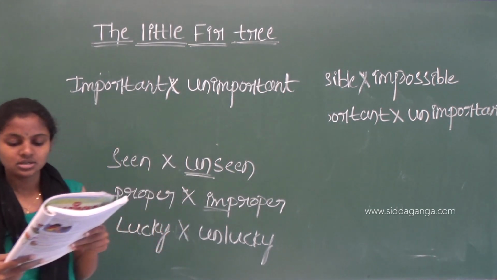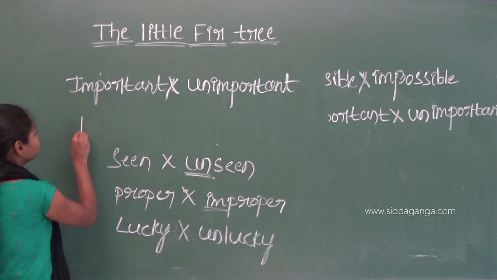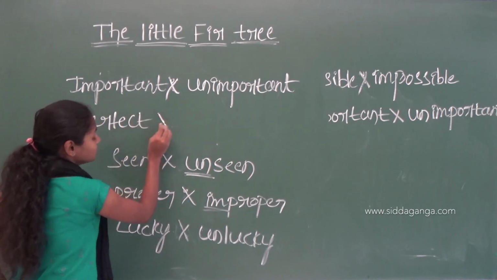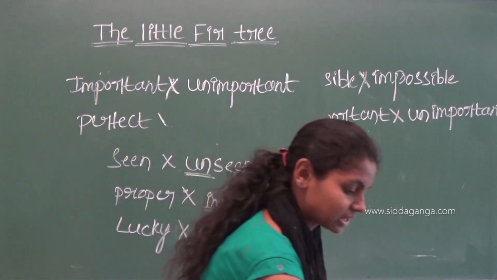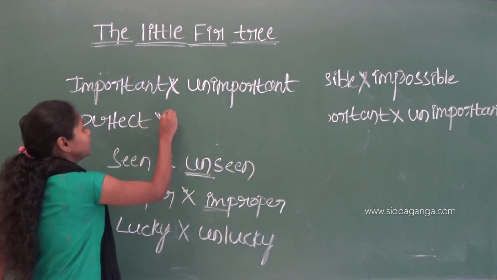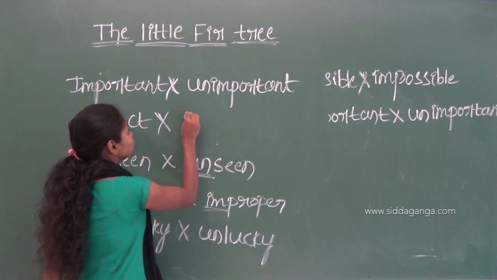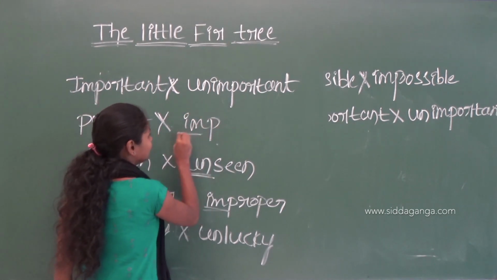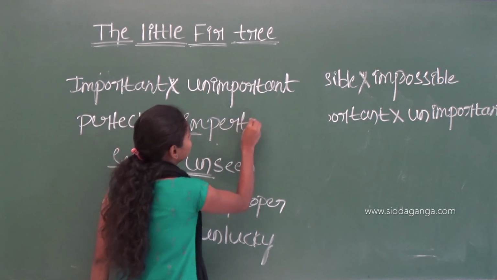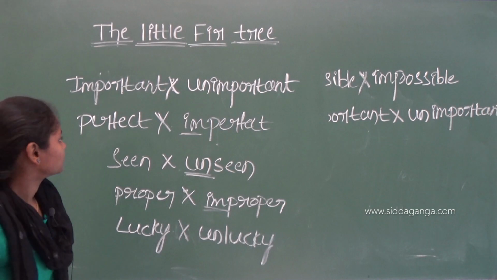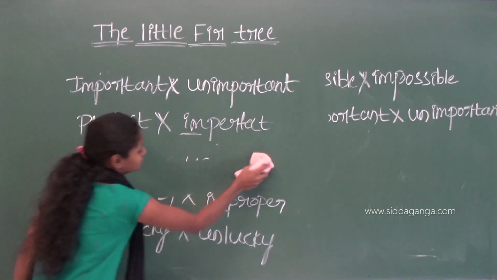And next, perfect. What is the opposite word for the perfect? That is not unperfect, that is imperfect. You have to use the prefix im with the word perfect. That is imperfect. Understood? Next,